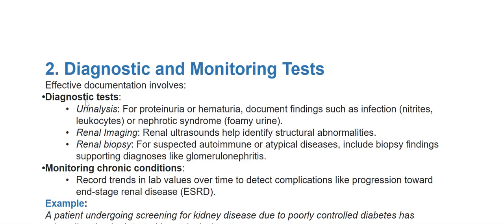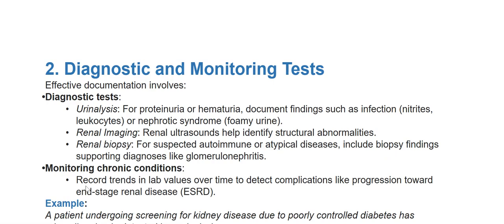Diagnostic and monitoring tests. Effective documentation involves diagnostic tests. Urine analysis for proteinuria or hematuria. Document findings such as infection, nitrites, leukocytes, or nephrotic syndrome, foamy urine. Renal imaging, such as renal ultrasounds or kidney ultrasounds, helps identify structural abnormalities. Renal biopsy for suspected autoimmune or atypical diseases: include biopsy findings supporting diagnoses like